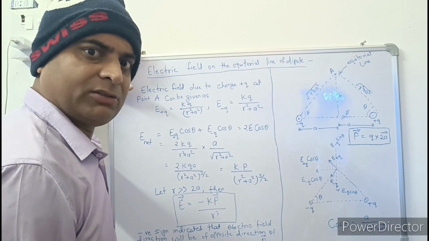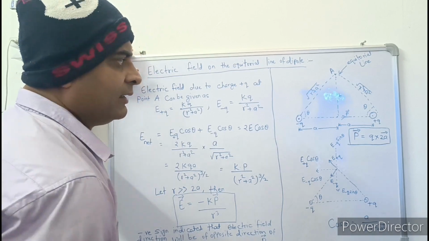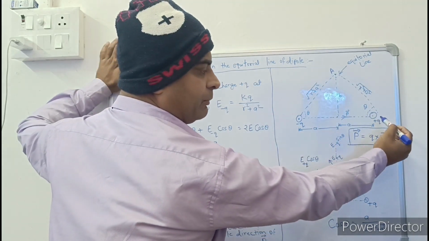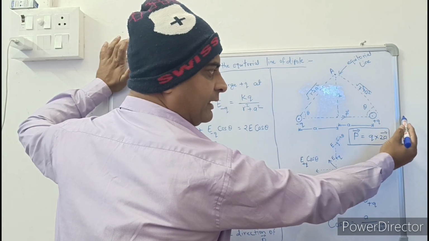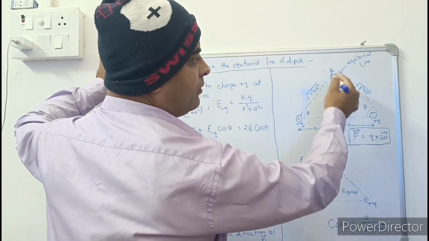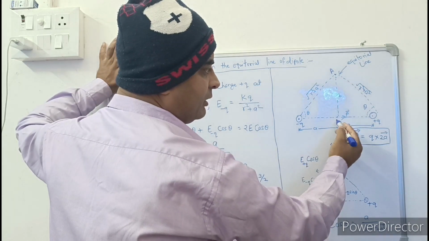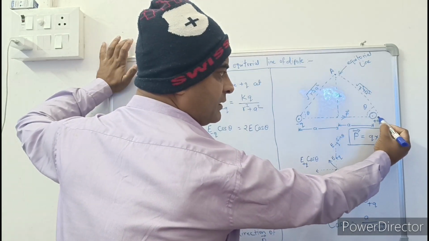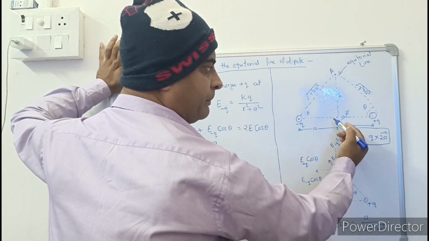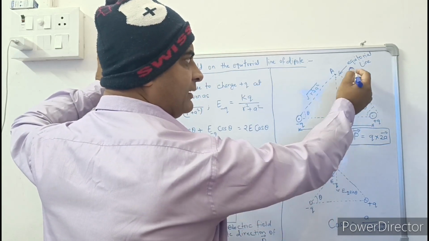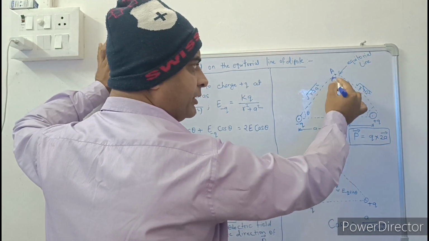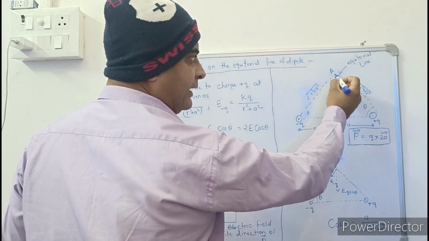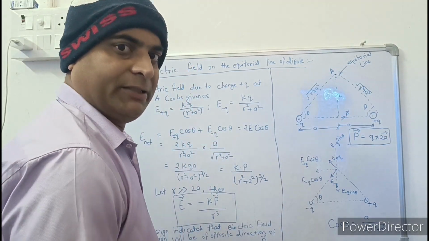In this topic we are going to cover electric field on the equatorial line of a dipole. So what is the equatorial line of a dipole? As we have discussed earlier, the line along the charges is the dipole axis, and the line perpendicular to the dipole axis is called the equatorial line. Here, on the equatorial line at point A, we have to find the total electric field